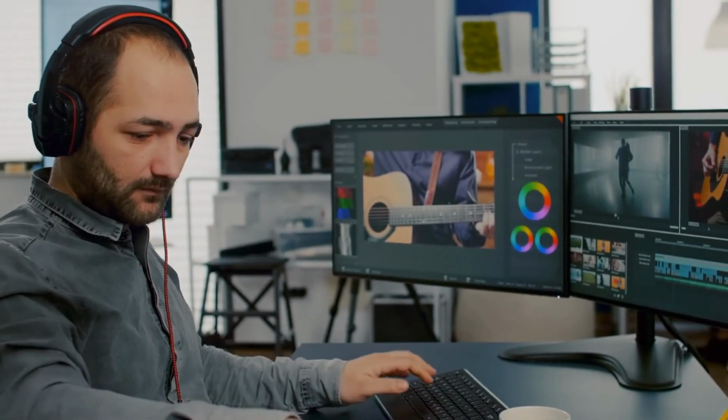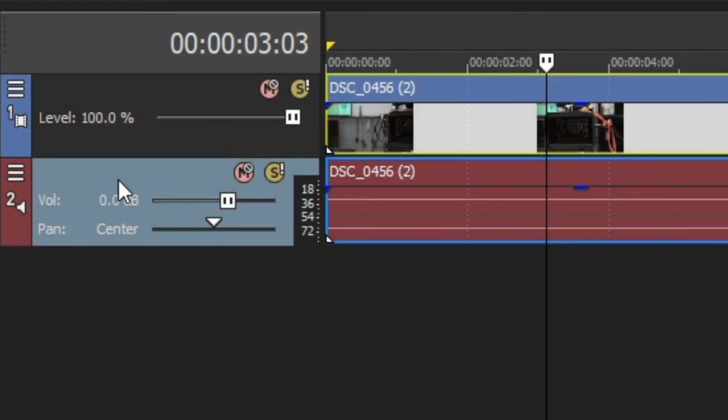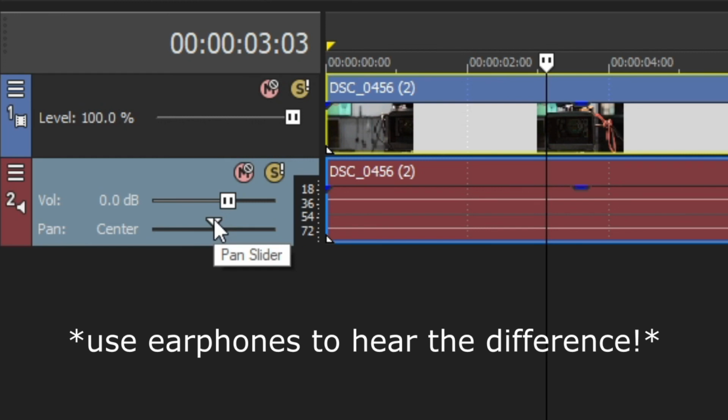Next, you'll notice the other slider, with the slider arrow set in the center of the line. This is for the direction that you want your audio to be set in. If you slide the button a little to the right and play it back, your audio will sound like it's coming from the right side, but still play faintly on the left. However, if you move the slider all the way to the end, it will only play on the right side. The exact same can be applied if you slide the direction to the left.